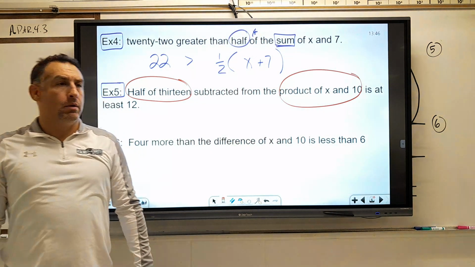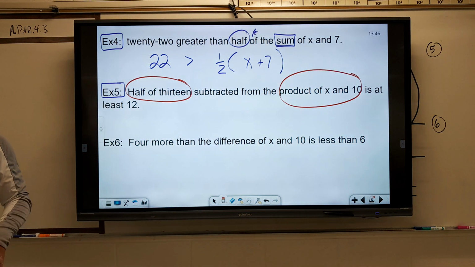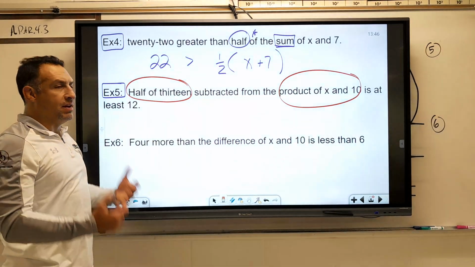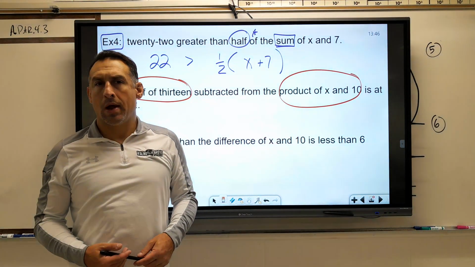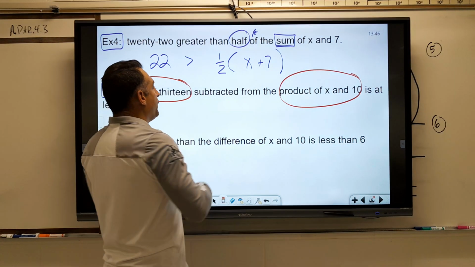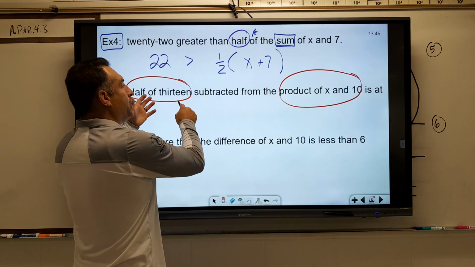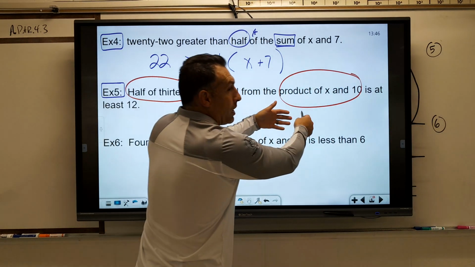If you had $10 and $17, and you took $10 away from the $17, which one would come first? Which 17? Yeah. So if you're taking half of 13 away from the product of x and 10,